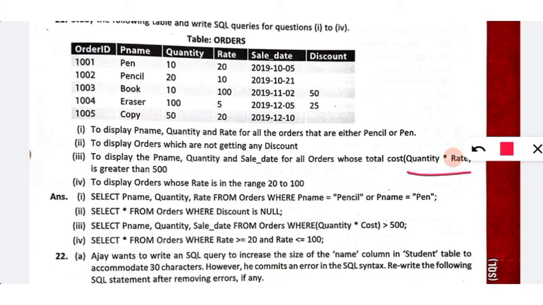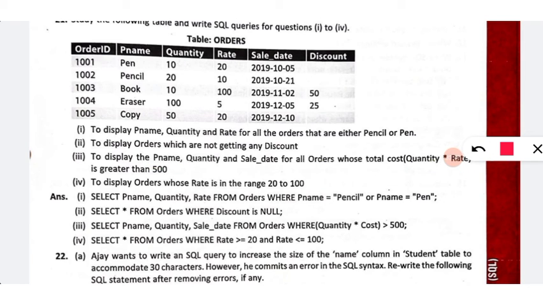So inside the select statement write p name, comma, quantity, comma, sale date from orders where quantity into rate greater than 500.